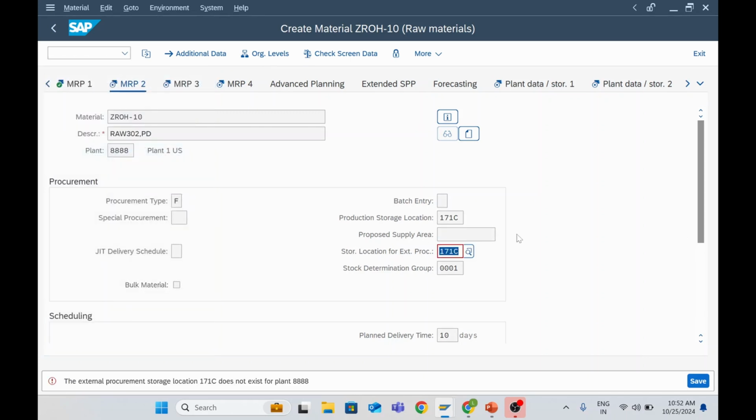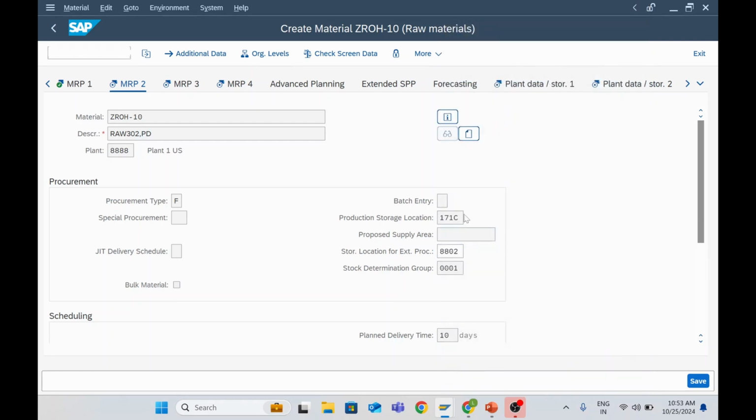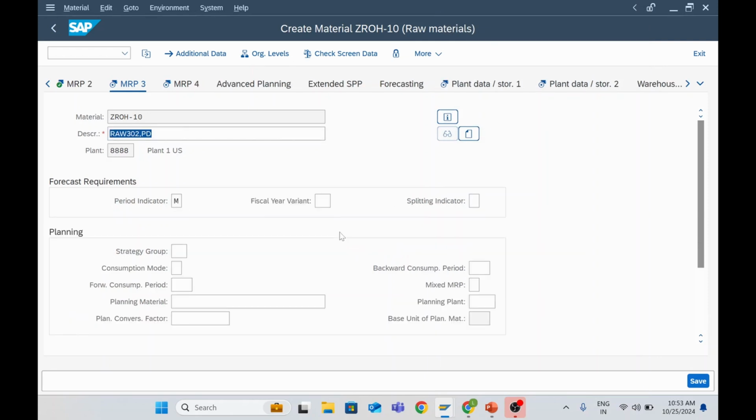Let me enter here. Now you see this is about the SAP standard one. Storage location, external procurement. Where do you want to go? Okay, I have that one, the same I will take. And here production storage location. Do you have a production storage location? Yes, let me have the same thing. And yeah, all these are good. Then I will go to